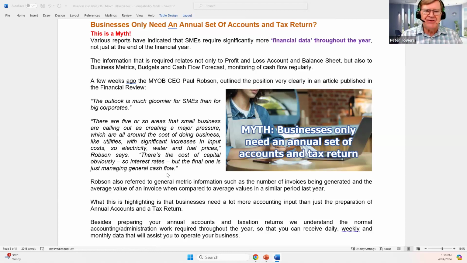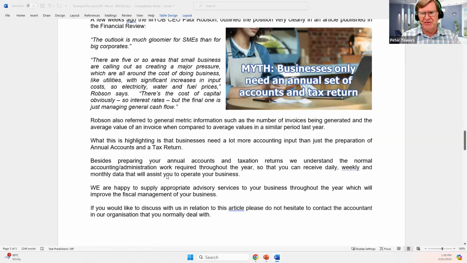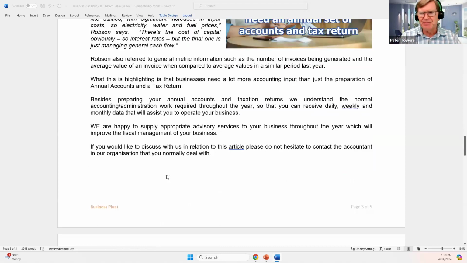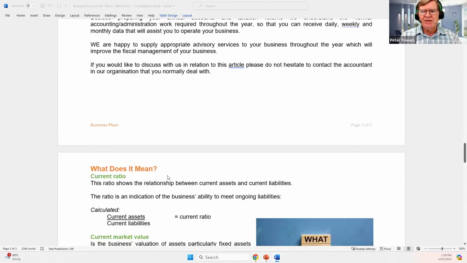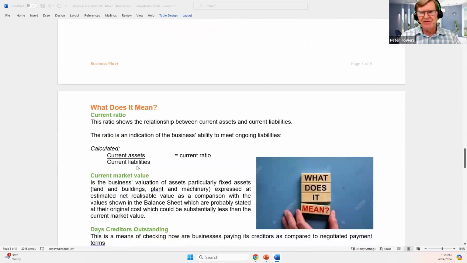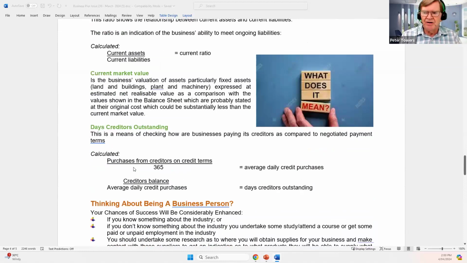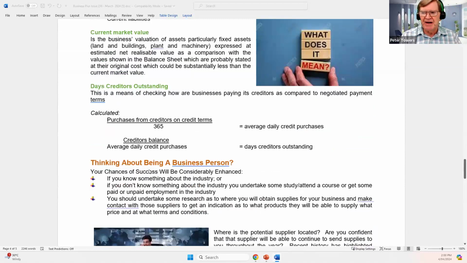Our whole basis for being a business at ESS BIZTOOLS is to help bookkeepers and accountants to be able to deliver advisory services. So this is all part of what we're really talking about here. We don't say much about tax returns or taxation advice. There's plenty of other people who write about that. We try to have a comment each edition on what does it mean. We talk about current ratios and current market value, just to give people some information on some of the dialogue that you might be communicating to them with, so they understand it.